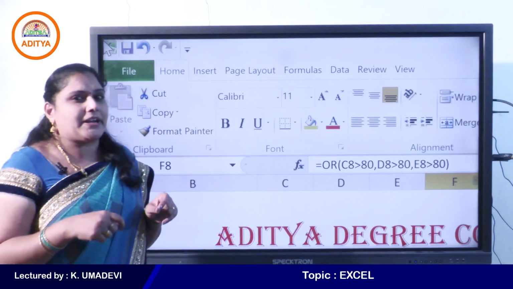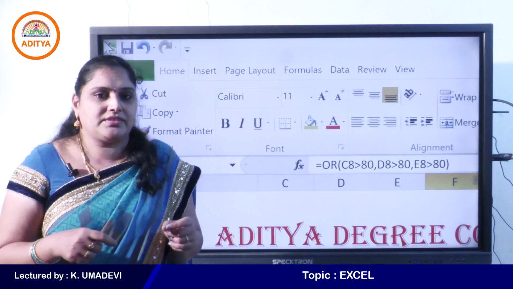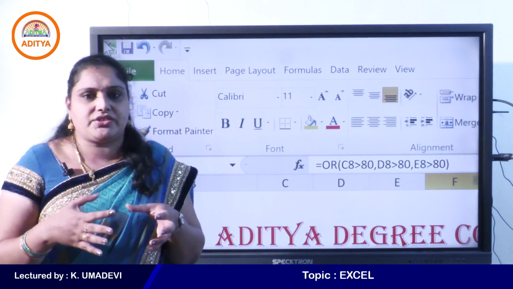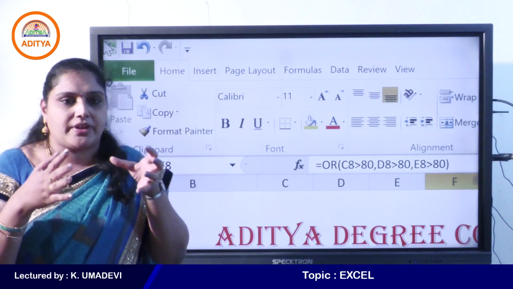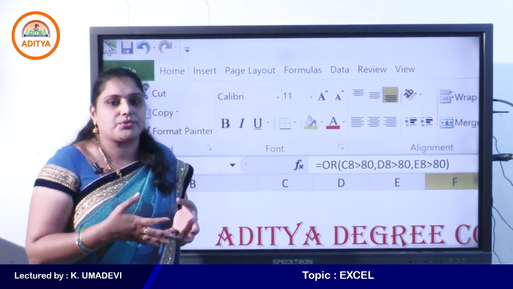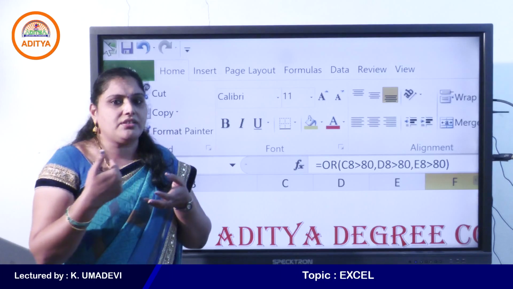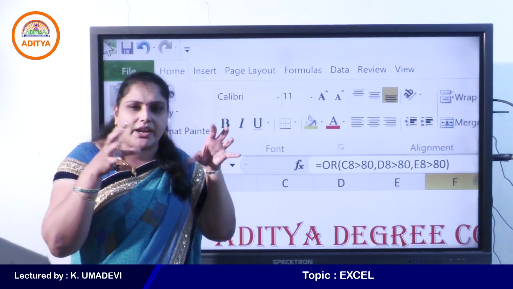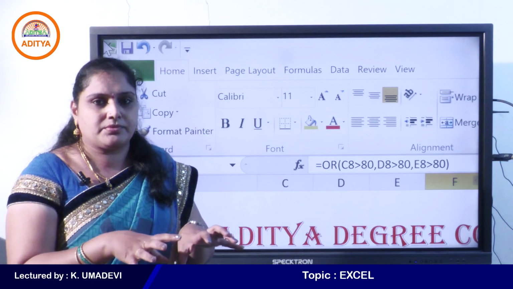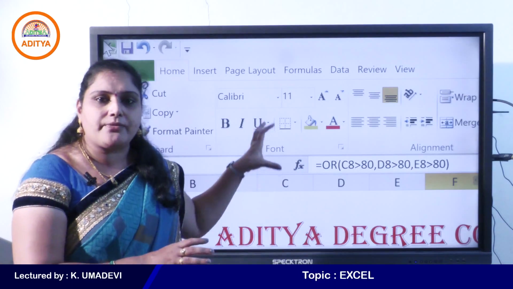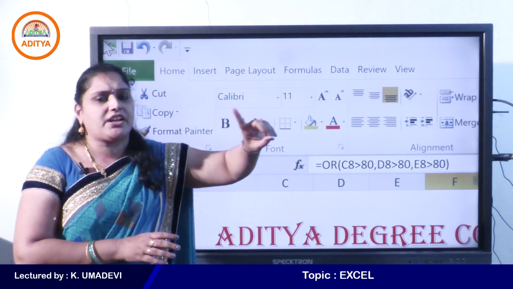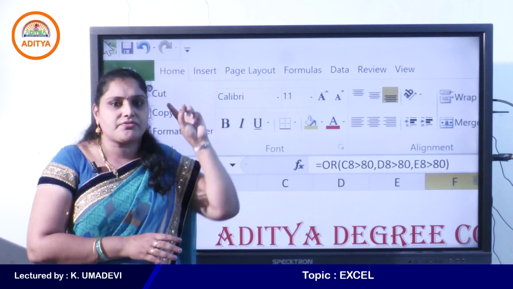See here, AND function is used to test multiple conditions, but if all the conditions or all the arguments of AND function return true, then the AND function returns true. If any one of the conditions is false, then AND function returns false.